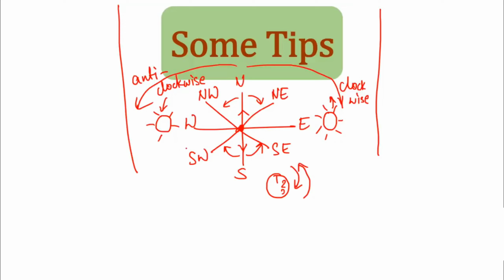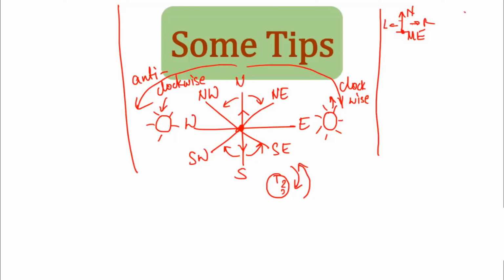Now let's move on to another concept, that is turning left and right. Here people get confused a lot, and in this confusion they make a lot of mistakes, but it is very easy. Take a look over here on the right hand side. Say this is me, and I am facing north. What will be my right hand side? This. What will be my left hand side? This, right? So this is my right, this is my left. Just like what you are seeing right now, your right is my right, your left is my left.